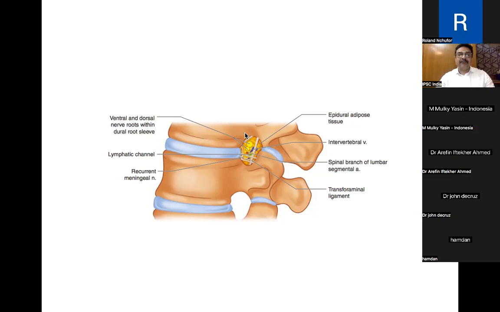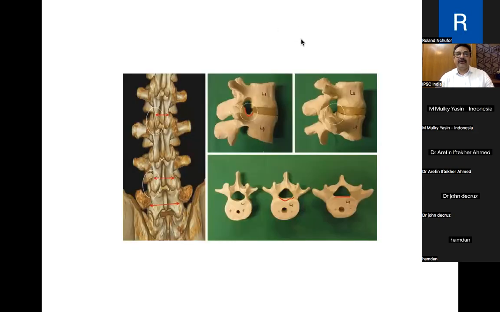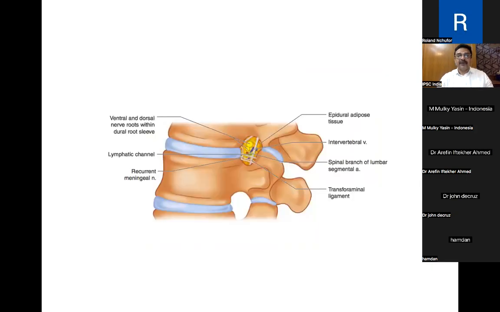So whenever we go through the foramen, we also have to check the size of the foramen, and that is only possible if you take a lateral X-ray. In that we can see exactly the size of the foramen, whether we need to open the foramen with a foraminotomy or not. That we can see on the X-rays. So it's a good idea to